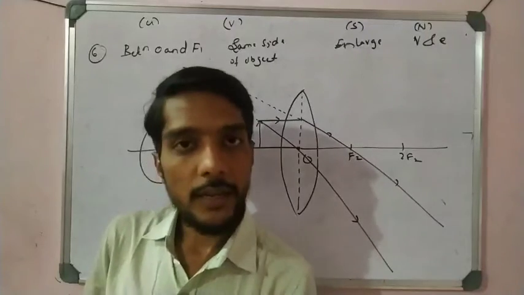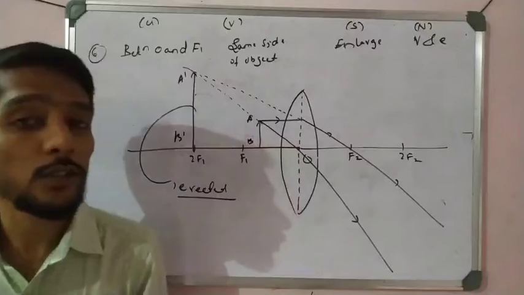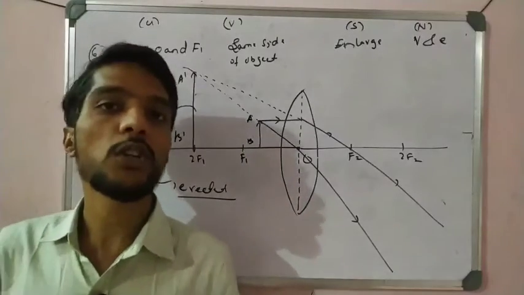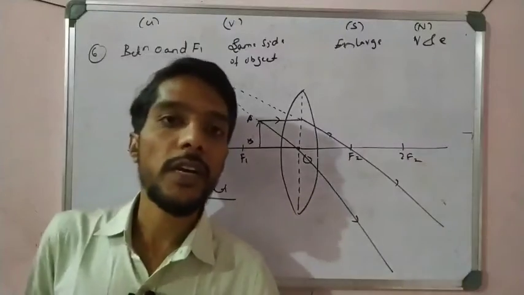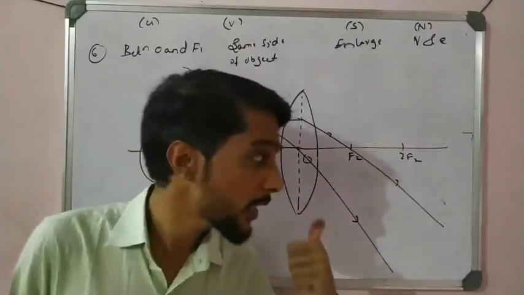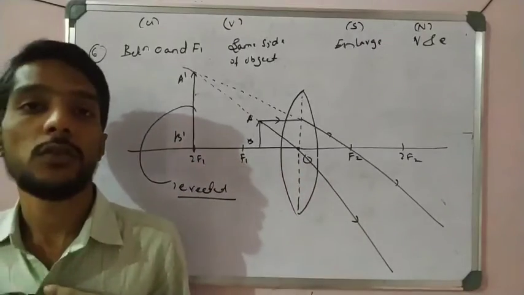So let us take then the last two cases. Concave lenses also form images which are always virtual, and there are only two cases. One is infinity, and the other is between infinity and optical center. So first I write down all and revise all and then come to the concave lens, students. Okay, right.